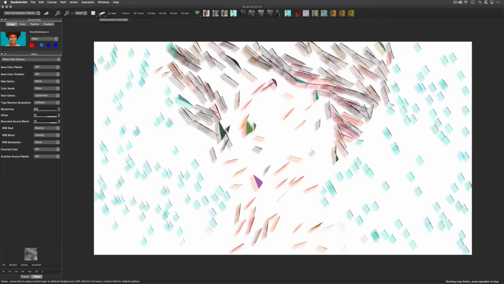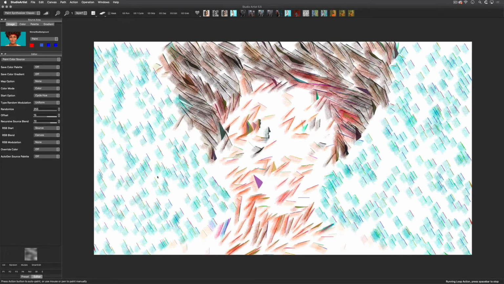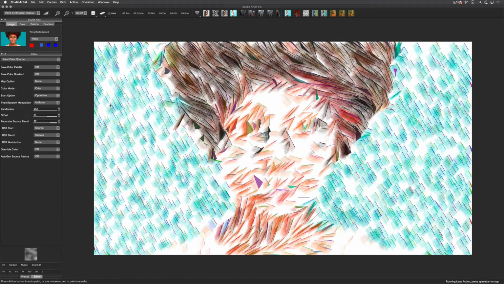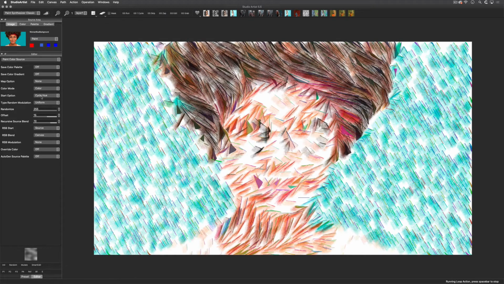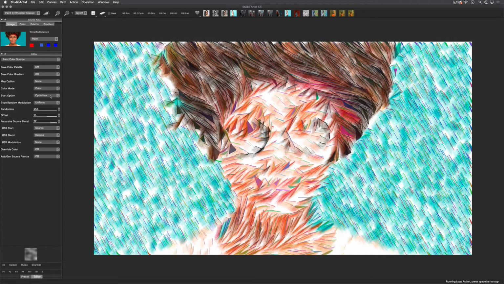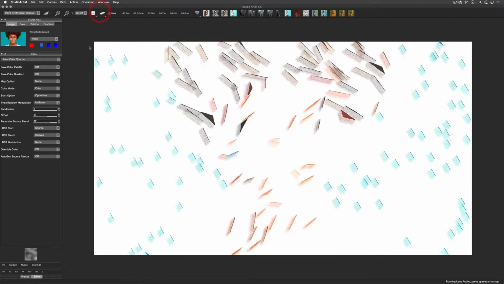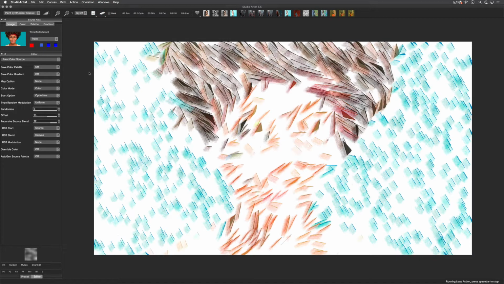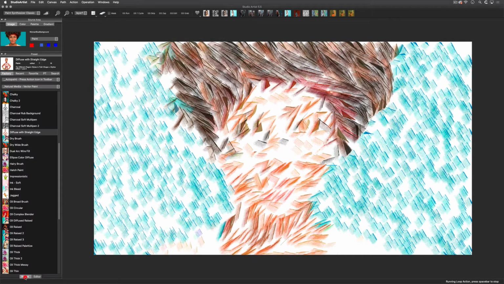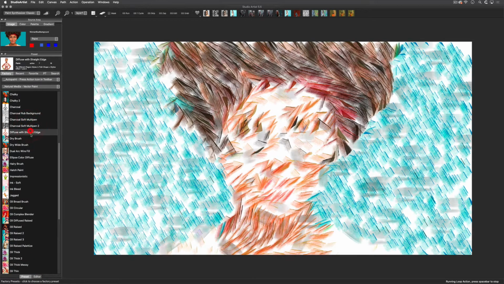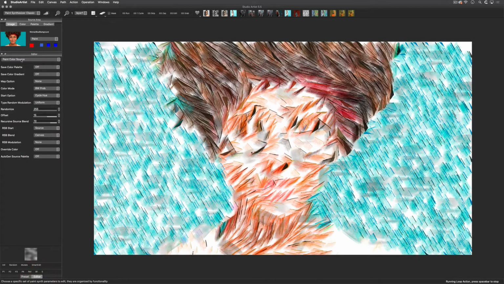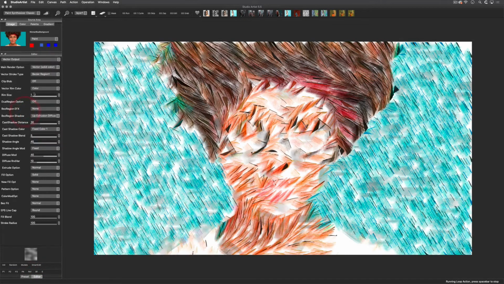So now the rim is trying to match the color from the source image. However, you can see it's not quite the same. That's because the hue is being randomized. If I take that off, you'll now see that the rim is following the source image colors. I'm just going to change it back to the way it was and then toggle back to the Vector Output panel. Next there is the rim size.